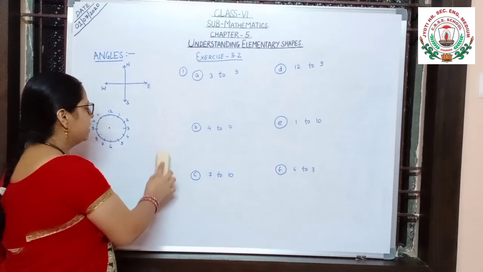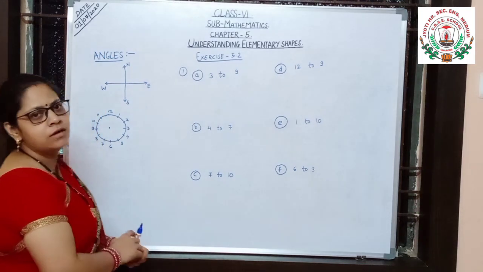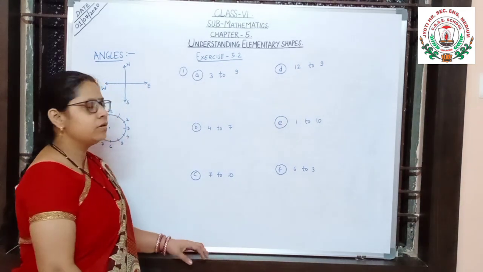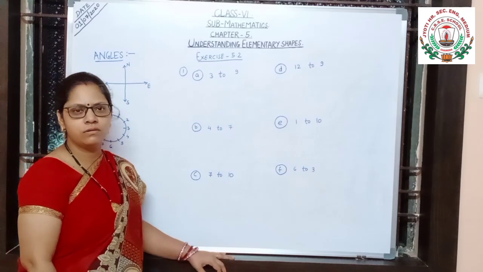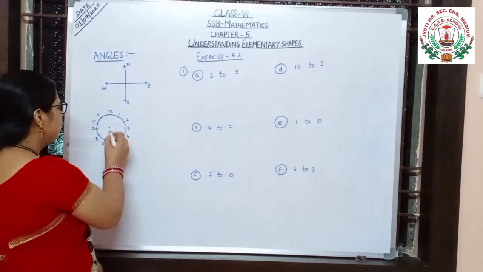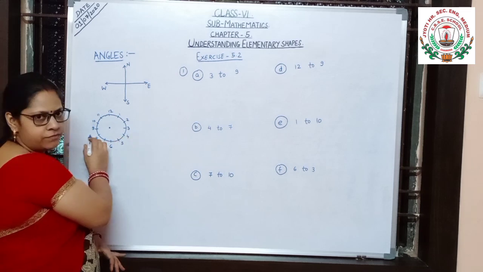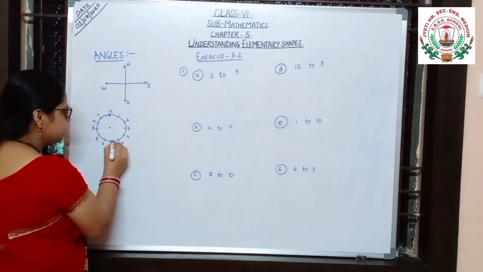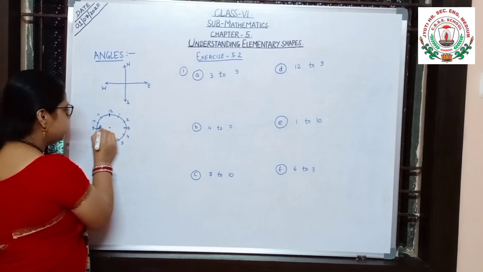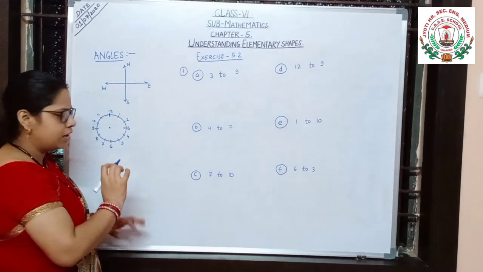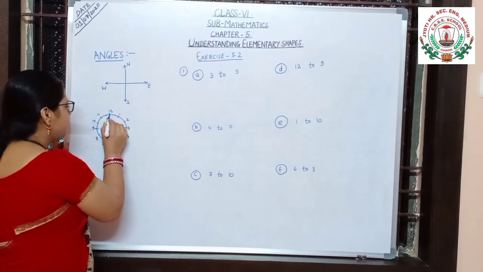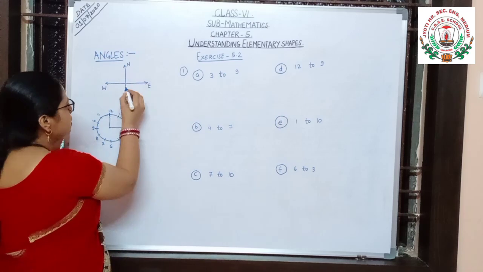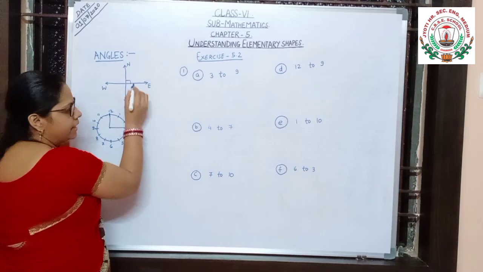Now, you have already studied in social, north, east, south, west, and everyone knows how the clock marking is there. Top, bottom, left, right. So 12, 6, and this side 3, and this side 9. In between marking everyone can do. Now from this 12 to 3, let us first see this one. Here it is forming one right angle.